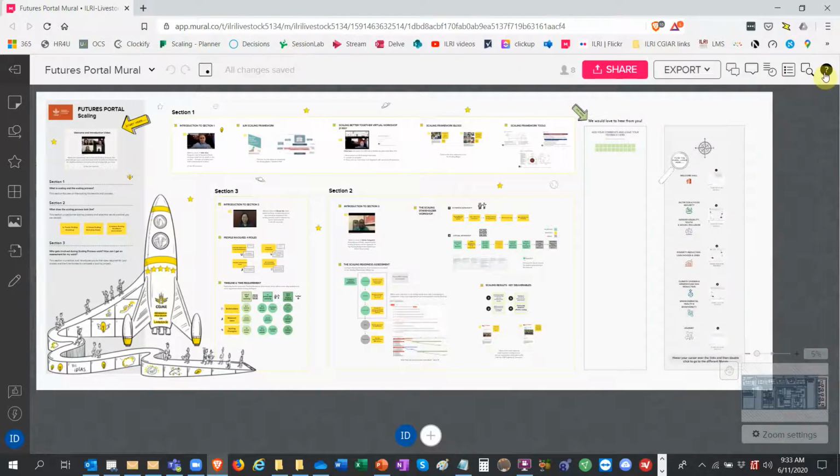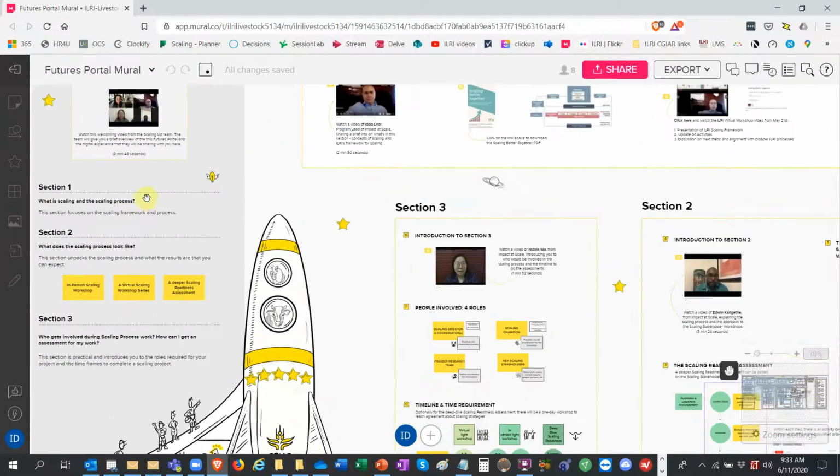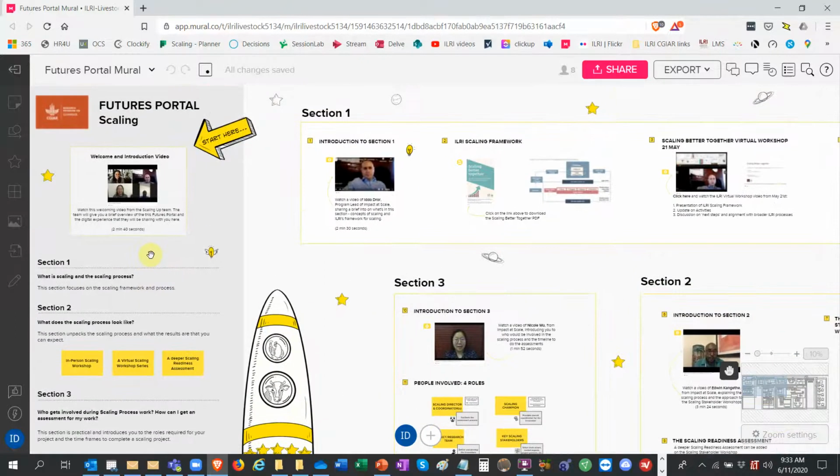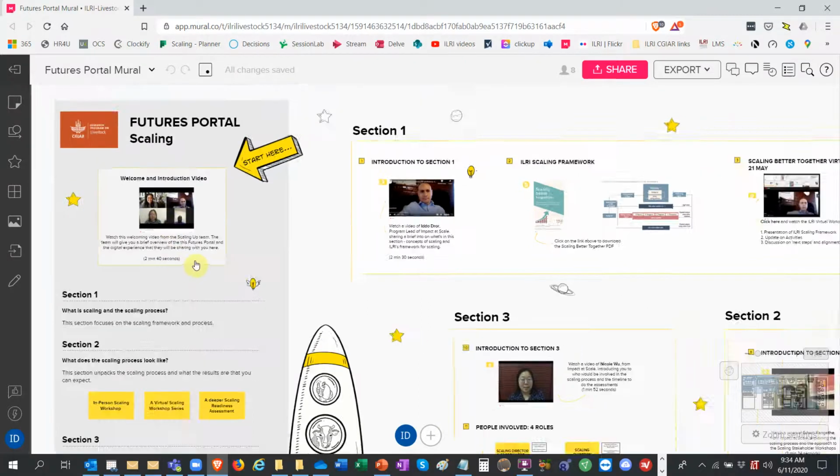I'm going to try and use my mouse and scroll my way through, and hopefully this will be fluid enough. Let's see. So to start off with, once you come to the Start Here, there'll be a short video which, if you click on it, will open and take you to less than 3 minutes of a quick interview of Mireille interviewing Edwin, Nicole, and myself to give you a quick introduction to what you can find in this section.